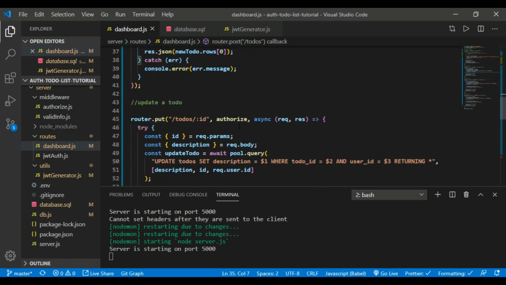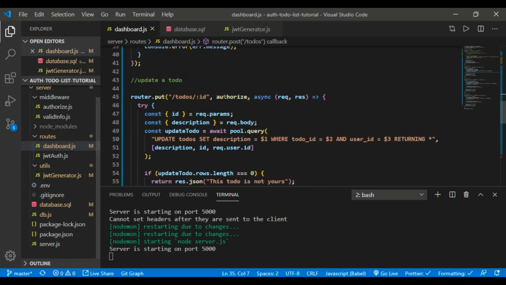And then we had to update a to-do. The thing about update to-do was that you can see everything is pretty straightforward until we reach over here. The reason why we had to specify the user ID is because if we didn't have this, the person can simply have a new description and they could add a to-do ID if they knew what the primary key of that to-do was, and then they can simply update something that wasn't theirs. So we had to set a constraint